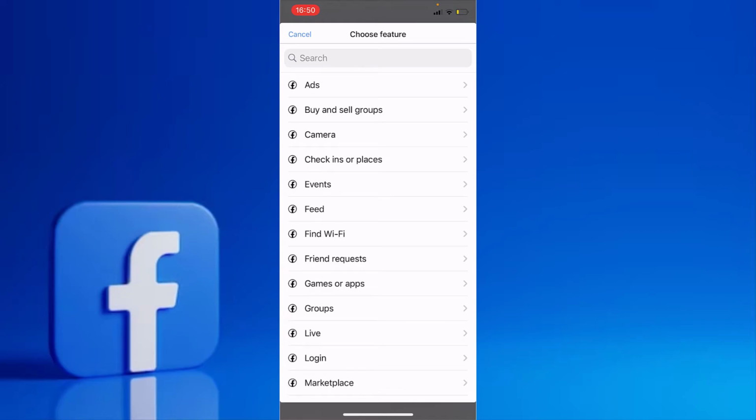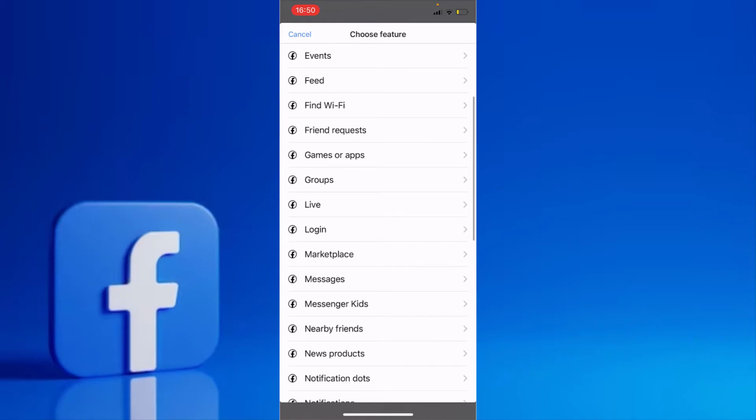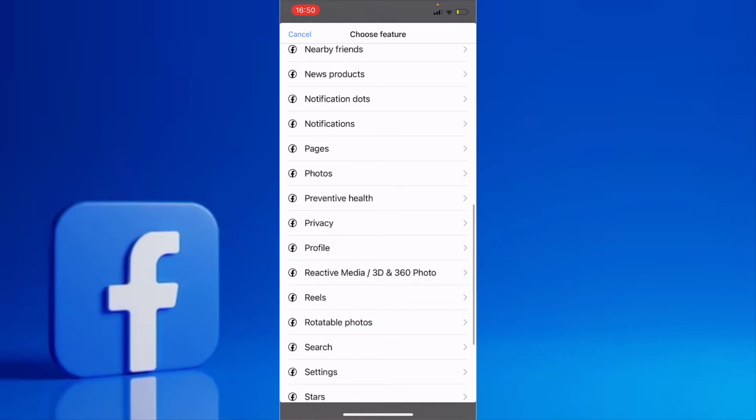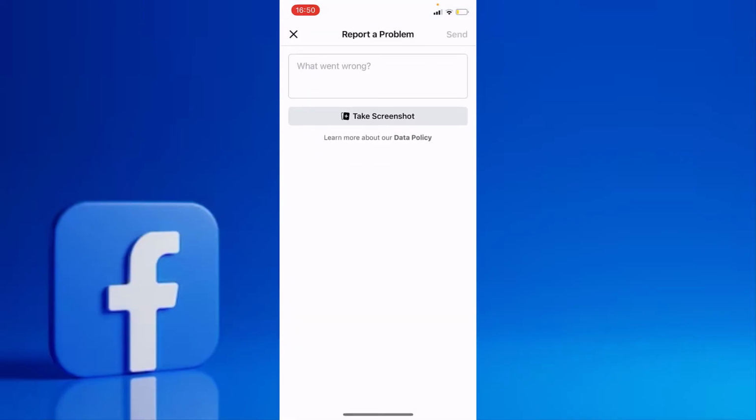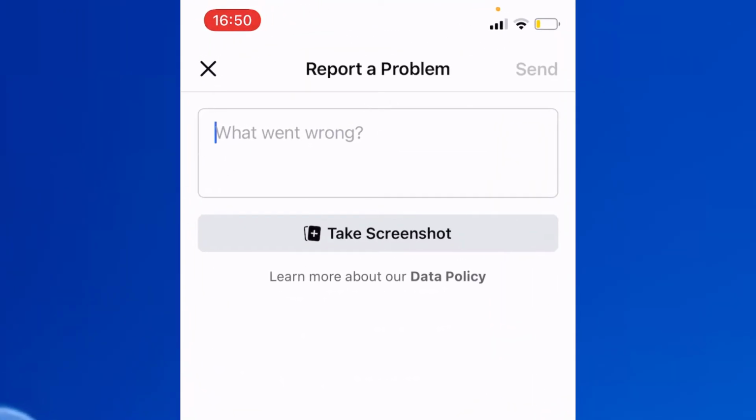Then guys, scroll to profile section. Then tap on profile. Then guys, you need to tap your problem. Support will help you and make your account professional. Then I will tap, for example, hello